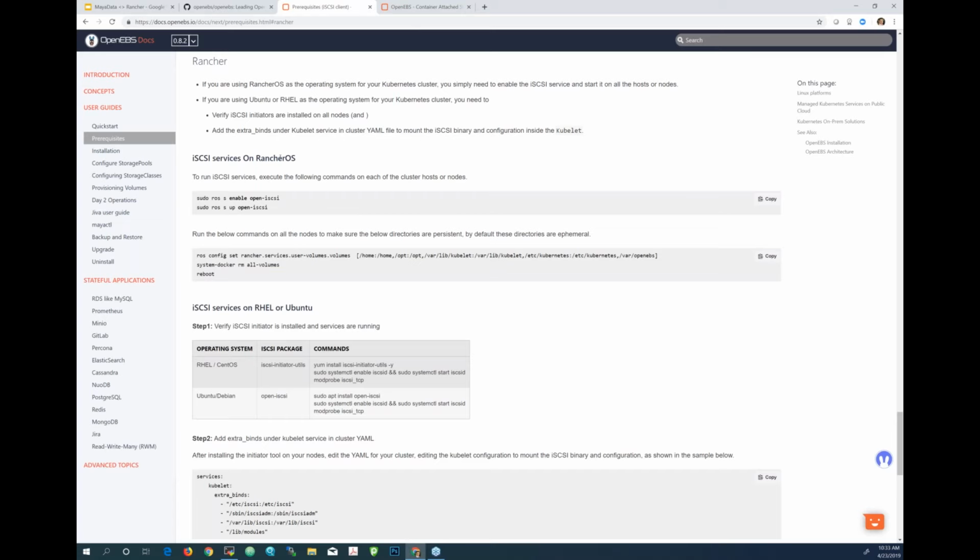The only requirement to get started with OpenEBS is the iSCSI initiator, and most of the time this is already installed in your environment. If not, you can validate and get started with OpenEBS quickly.